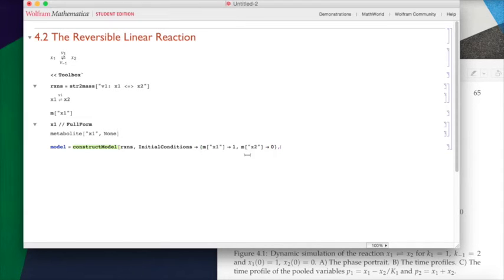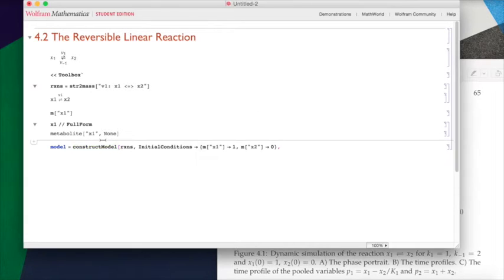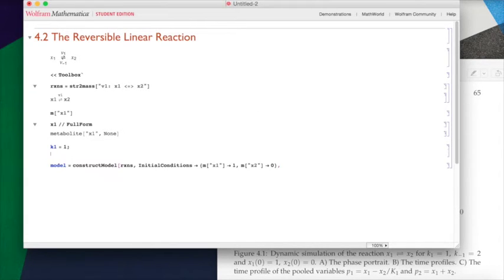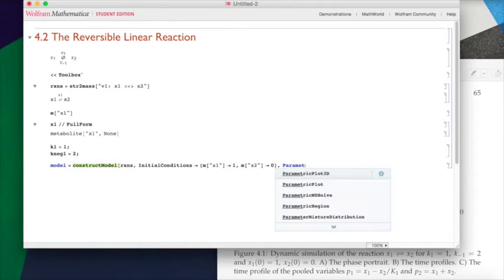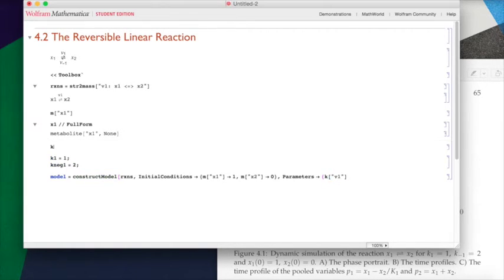Then we also have the parameters, which are the rate constants. We're going to define these up here. k1 is 1, and k negative 1 is 2. Now here, inside here, we're going to put the option parameters, and that goes to a list k of v1. So k of v1,